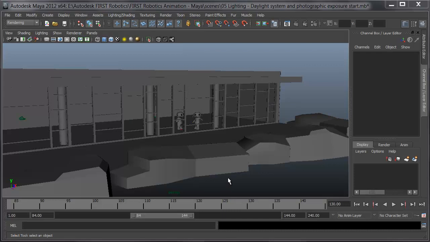In this video, I'll look at the daylight system and the photographic exposure controls. We'll start out with the daylight system in this scene. We've got an outside and windows with neat frame design and an inside section to it. I'd like to have the sun stream through the windows and cast neat patterns on the floor, as well as